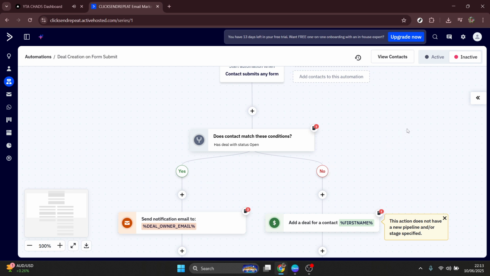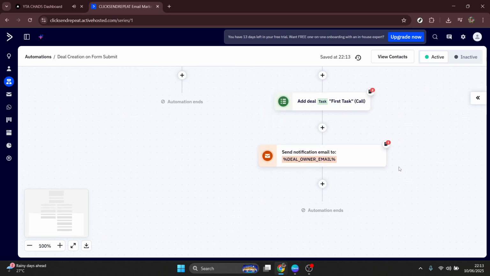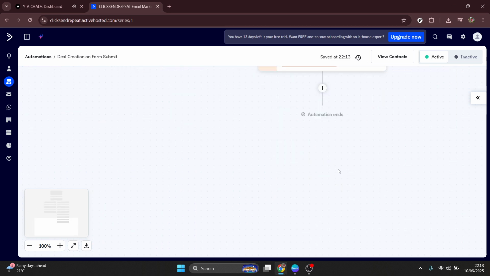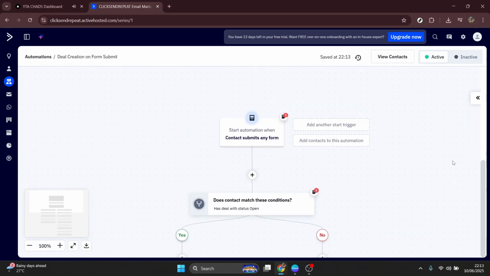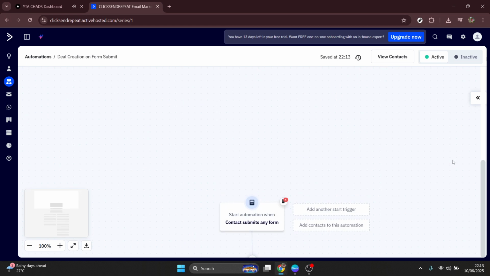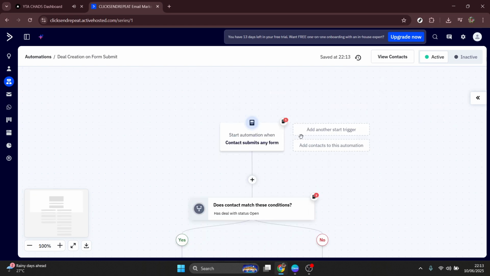Before making your automation live, it's crucial to test everything. Use the test feature or run a test contact through your sequence. Verify that emails are being sent correctly, that delays are functioning as intended, and that personalization and links are working seamlessly. Once you're satisfied that everything is perfect, activate your automation by toggling Active in the top right corner. Your campaign will now autonomously manage itself, sending emails to new contacts